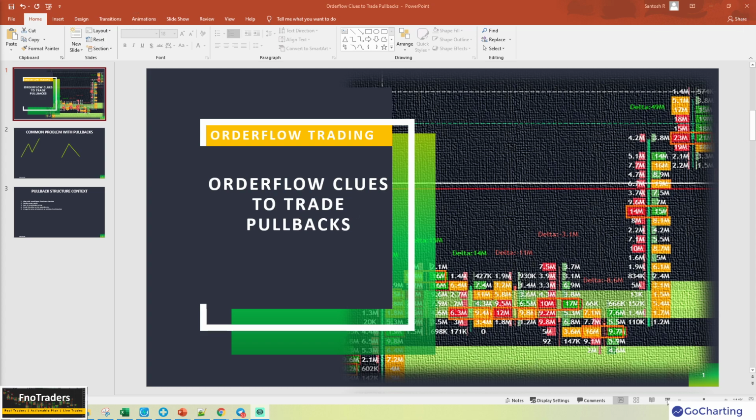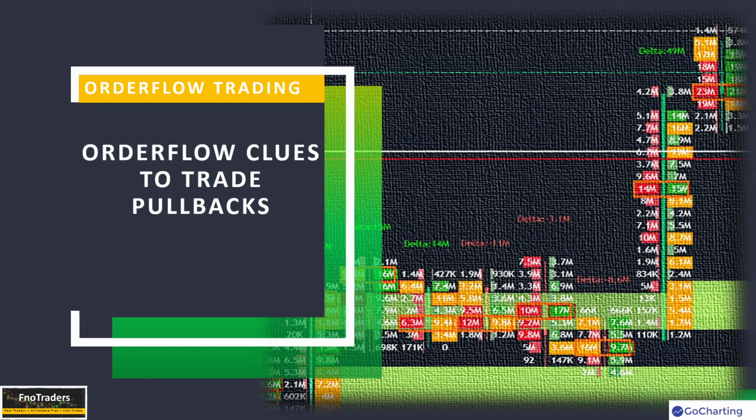Today will be a quick one. Essentially, we want to study and understand how best we can use order flow for trading pullbacks. What are the clues? What are the things to look for? Trading pullbacks is the most preferred pattern where we have a breakout and we want to enter on a pullback, because it gives you a very good risk reward ratio. You're not entering the high or the low, but you're letting it pull back to a range